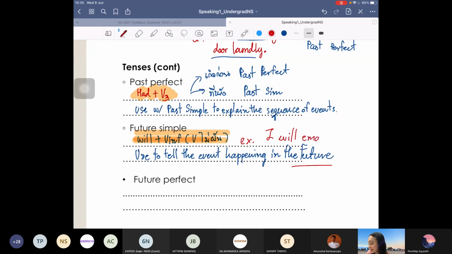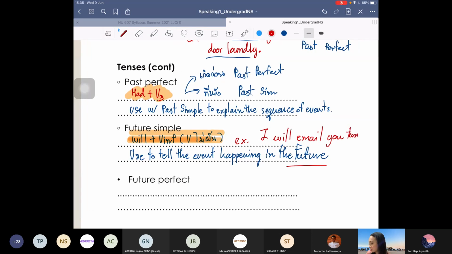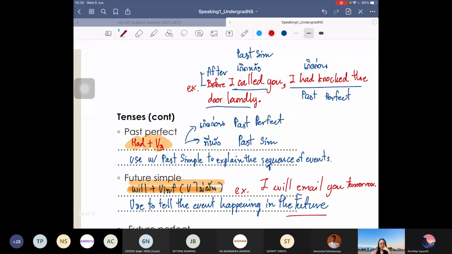โอเค for example, I will email you tomorrow. เดี๋ยวพรุ่งนี้ฉันจะอีเมลไปหาคุณนะ แค่นั้น เด็กๆ จะเห็นนะ มันจะมีบางเทนส์หายไป อย่างเช่น present perfect continuous, past perfect continuous จะบอกว่ามันค่อนข้าง rarely used in spoken English เพราะว่าด้วยความซับซ้อนของโครงสร้าง เวลาฝรั่งเขาพูดสนทนา เขาจะชอบใช้อะไรที่มันง่ายๆ เขาใช้คำศัพท์แสลงด้วยซ้ำ ทำให้พูดง่ายขึ้น ออกเสียงง่ายๆ เพราะฉะนั้นโครงสร้างของ